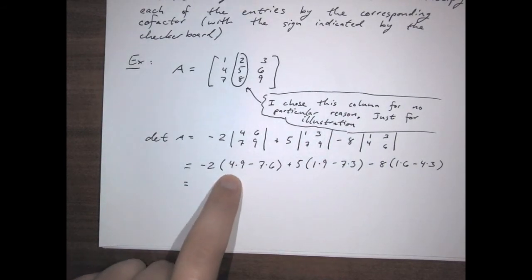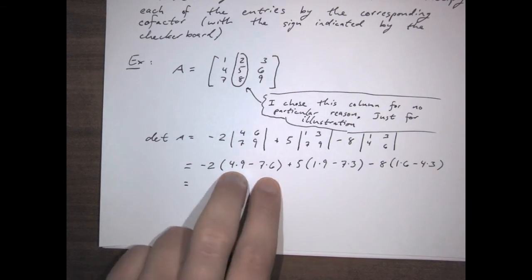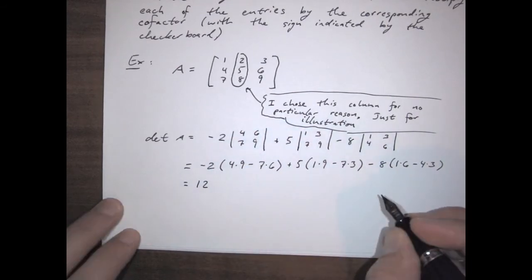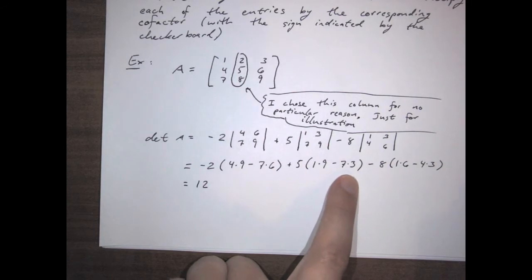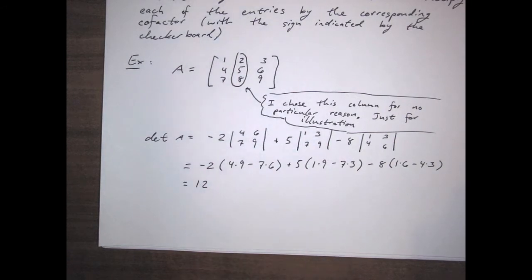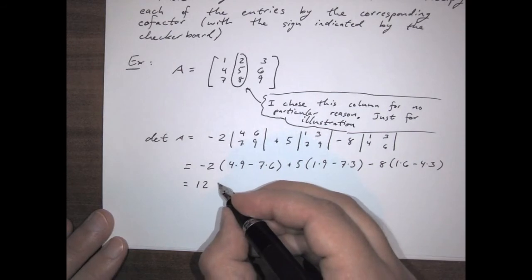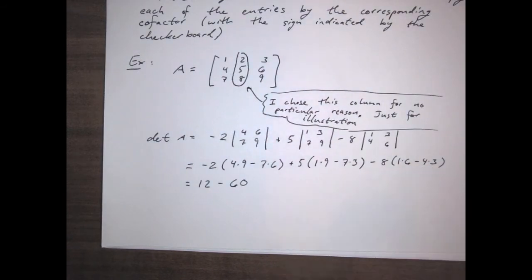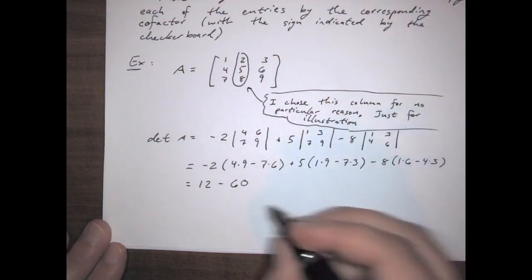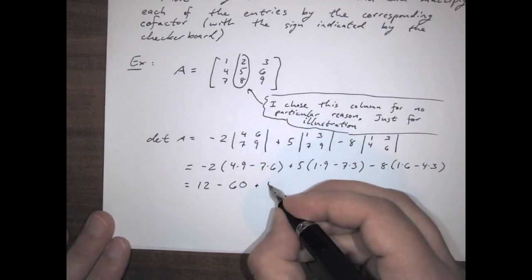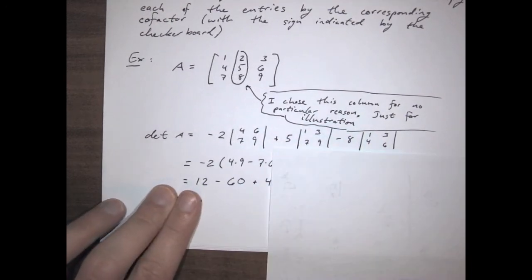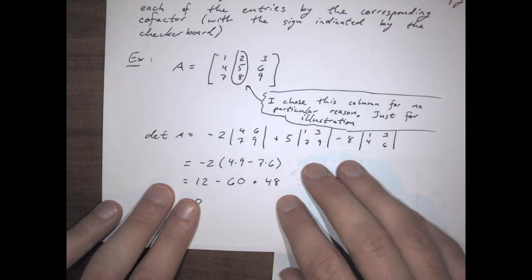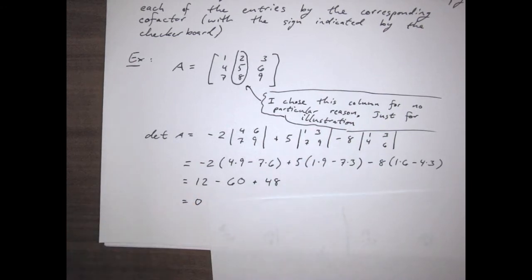So what do we have here? We have 36 minus 42 is going to be negative 6 times negative 2 is going to be positive 12. Here we're going to have 9 minus 21, so that's going to be negative 12, times 5 is going to be negative 60. And then we're going to have 6 minus 12 is negative 6, times negative 8 is going to be plus 40. All right, everyone. My camera cut out there for a second, so a couple seconds of video were lost. But I said 48 there, and then you add those all together, and you get a number,